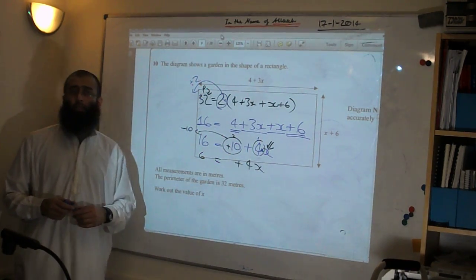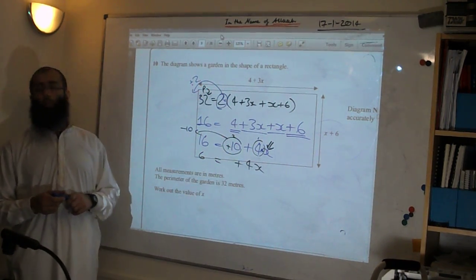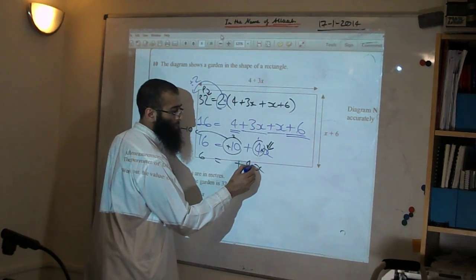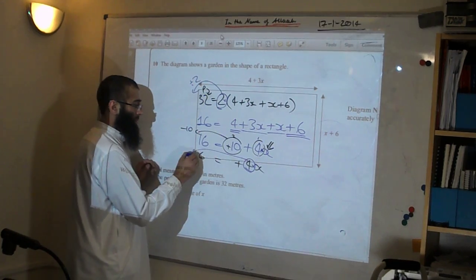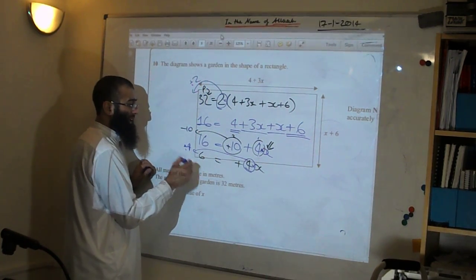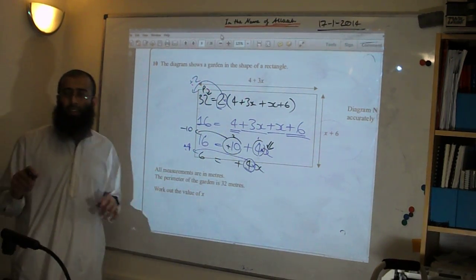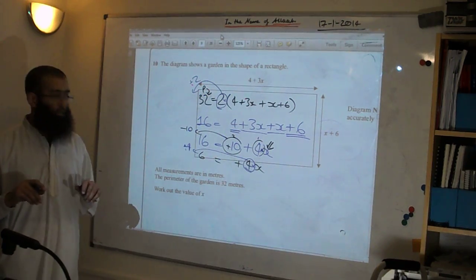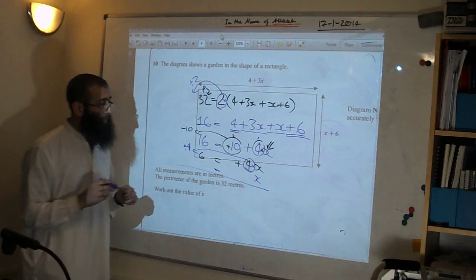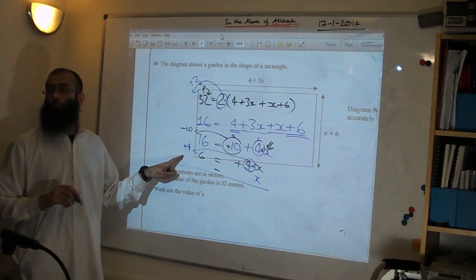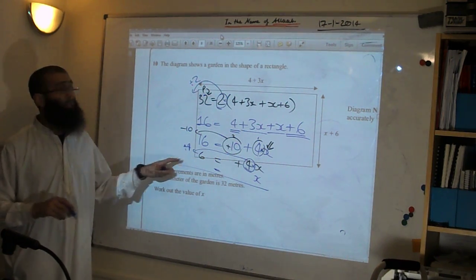6 equals plus 4x. Right, we had Mr. Umar explain to us. So we need to move the multiply by 4 over. Opposite of times by 4 is divide by 4. This is the point here. At this point, students start panicking. Okay, they start getting the jitters. Now, 6 divided by 4, if you work it out,